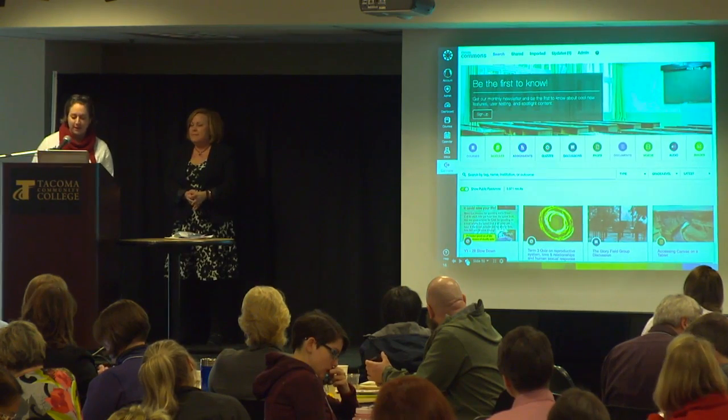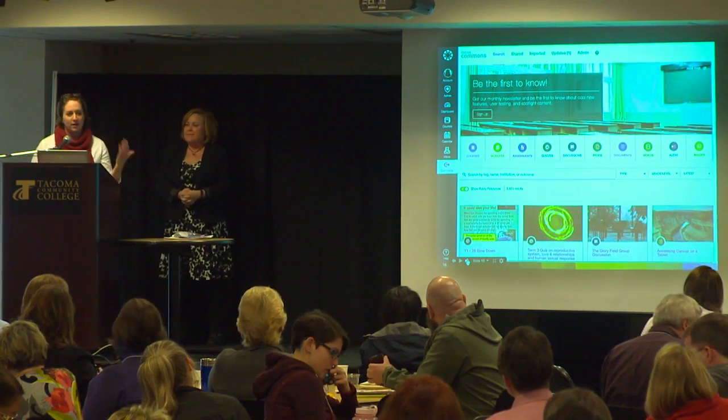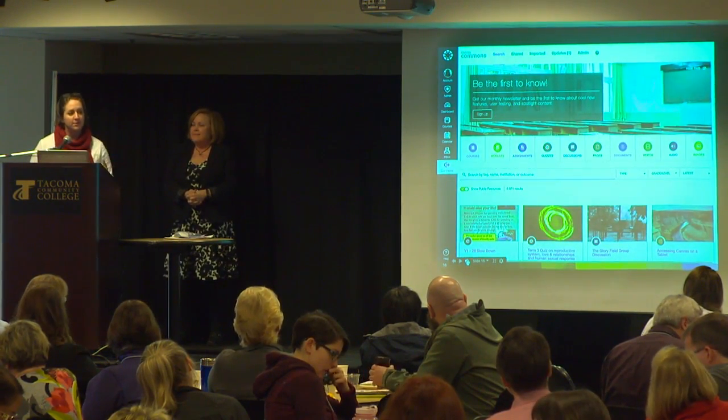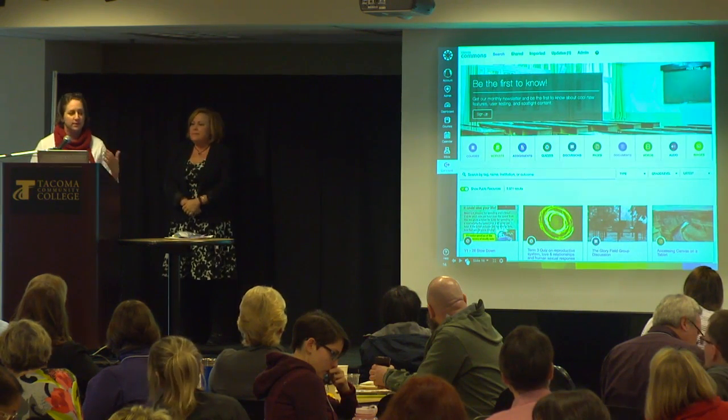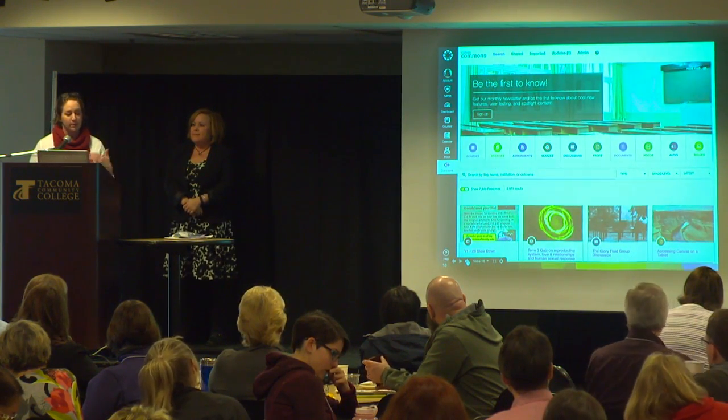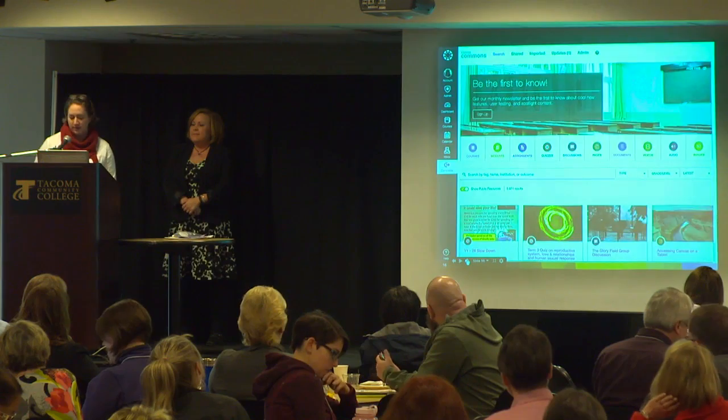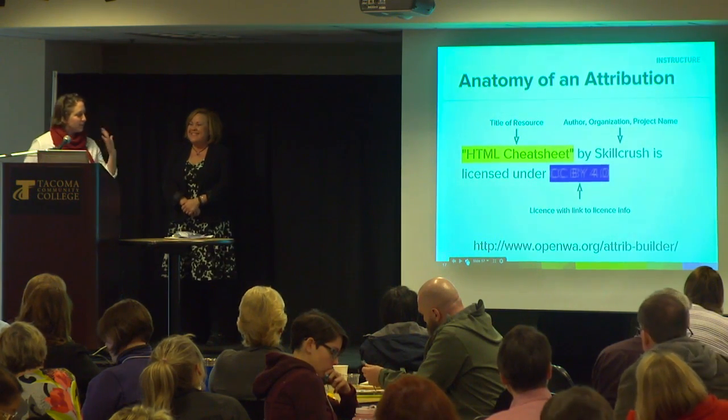So we're really excited about it. It's got also ways for you to be able to see what you've shared and manage those, as well as what you've imported and what resources you're using there. And so with Commons